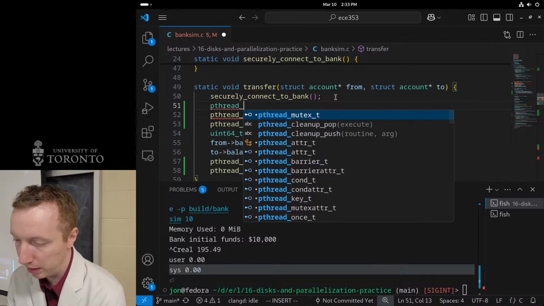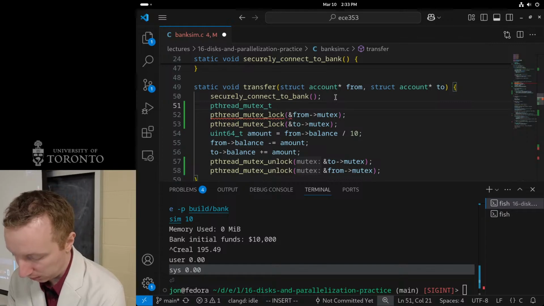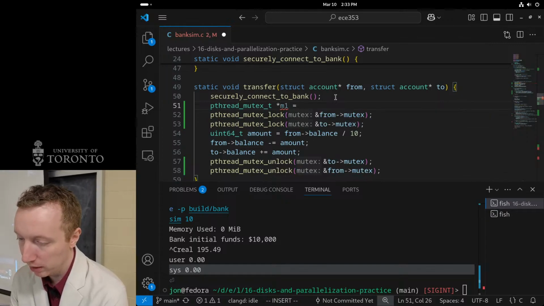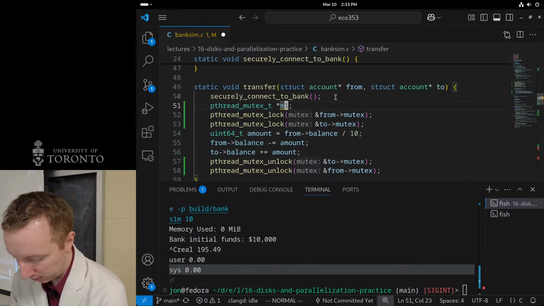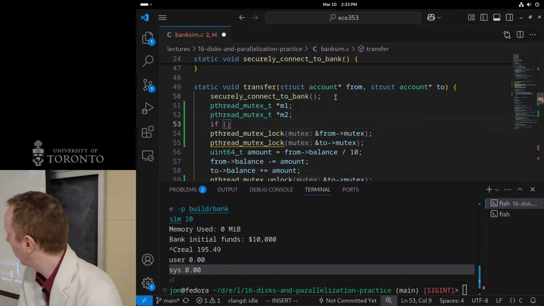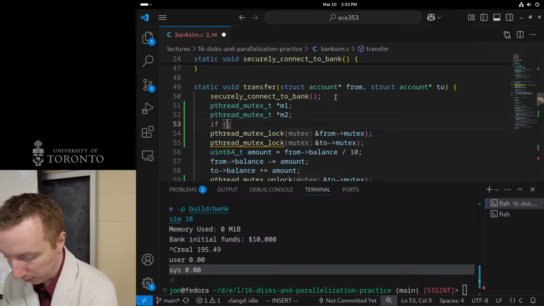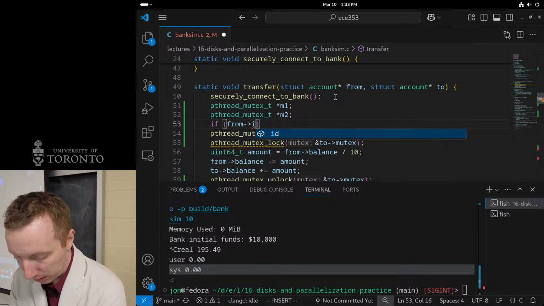So I could do pthread_mutex_t pointer m1. Let's just create two variables, M1 and M2, and then we can check their account IDs to see who is smallest. So we can check from's ID.